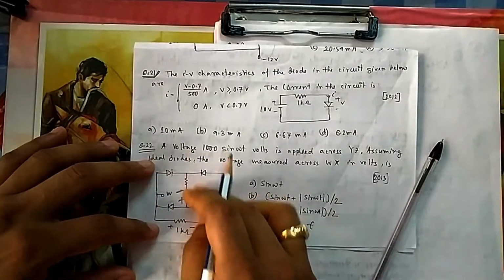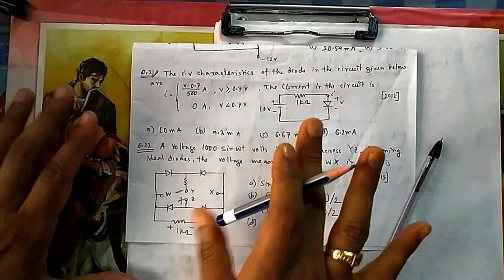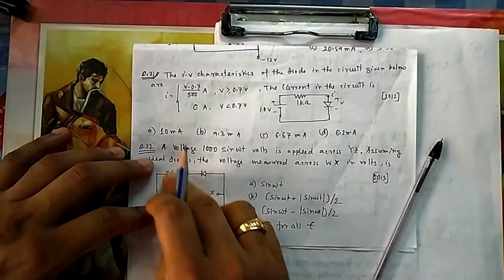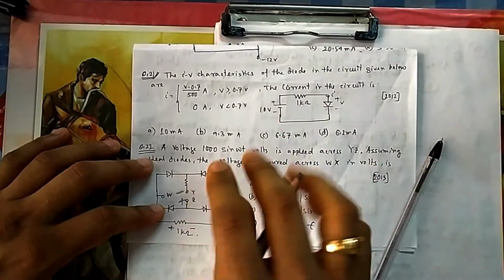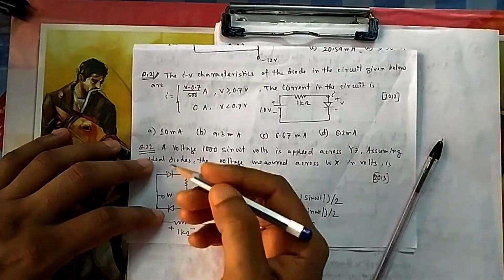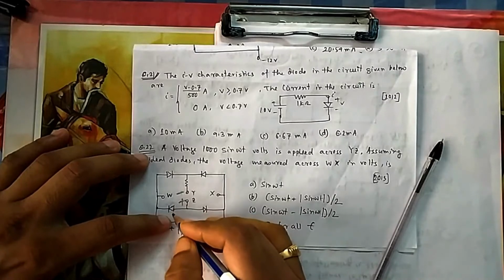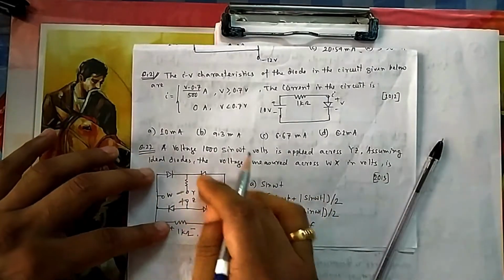So one by one, if I make one on, then the other four will be on. So it is justified that all four can be on at a time. If I make it on, then this is also on. If I make it on, then this is on. Like the ways I told you, the cases we think, we keep one by one. Suppose D1, D2 both are on, then you have to think one by one. Give D1 on, check whether D2 is on. If D2 is on, then give D2 on, check D1 is on. So ultimately we check that all four are on.